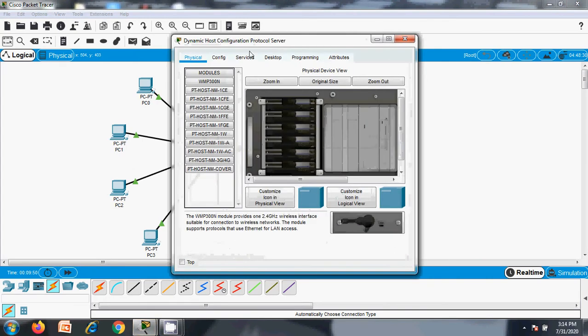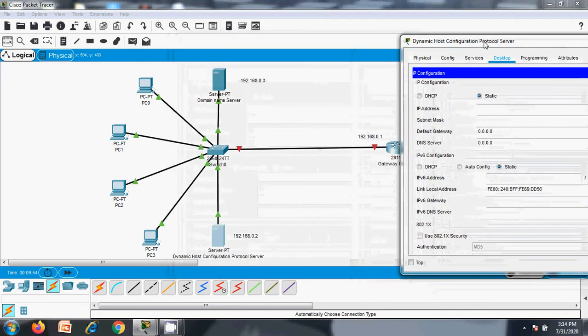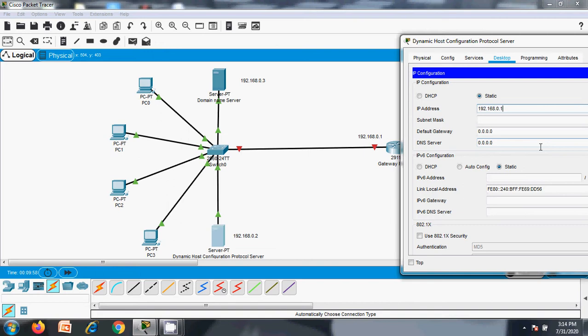DHCP server configuration: we need to statically assign the IP address and other settings for the DHCP server. So the IP is 2, the default gateway is 1 and the DNS server is 3.